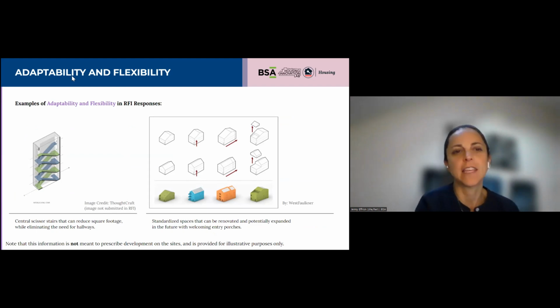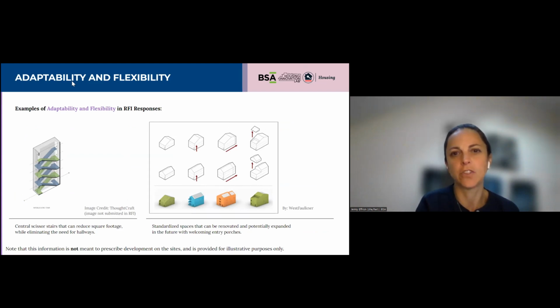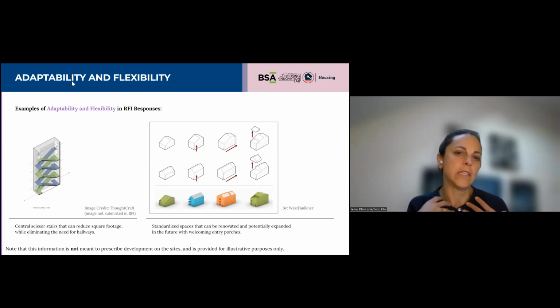Some of the examples that we'll start with around the theme of adaptability and flexibility have to do with the understanding of the different ways you might use or grow into a home over time. Part of that, on the right-hand side, you can see where one of the submitters talked about standardizing spaces that can be renovated.